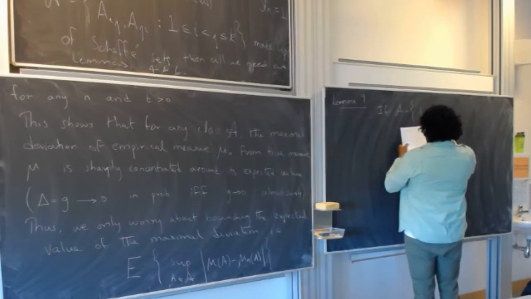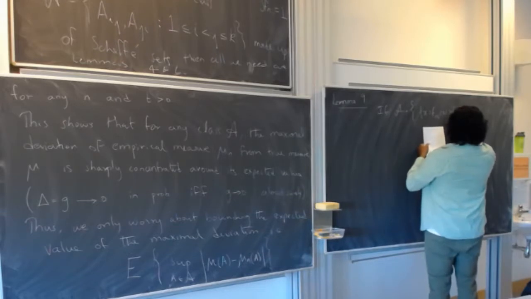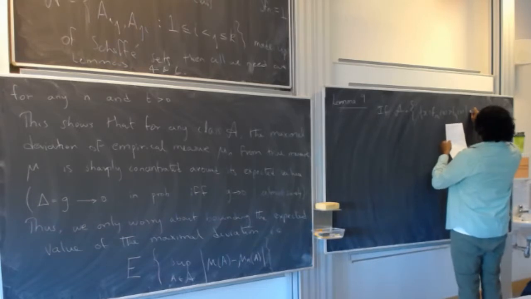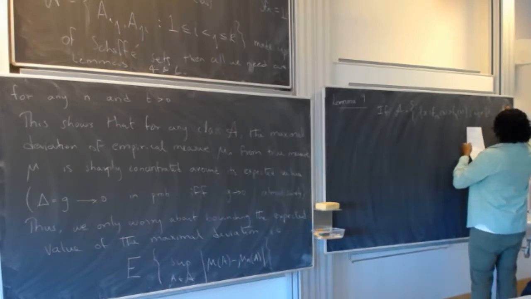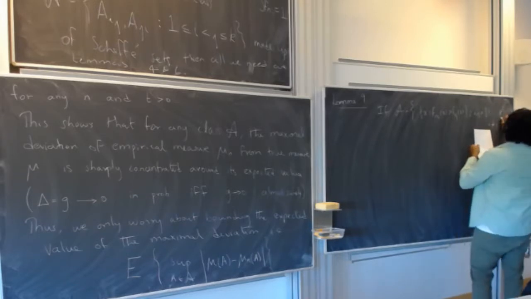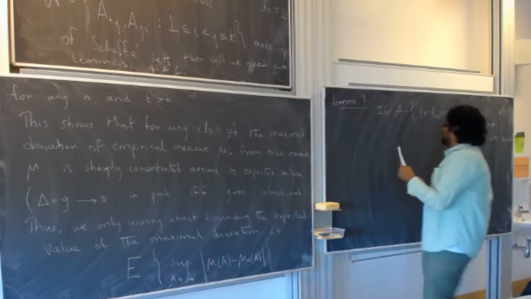It's the set of all x such that f_ni of x is greater than f_nj of x, right? This is the k squared minus k sets, with finite k. Then